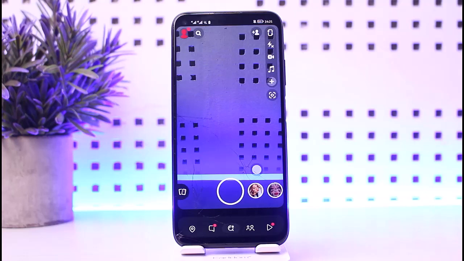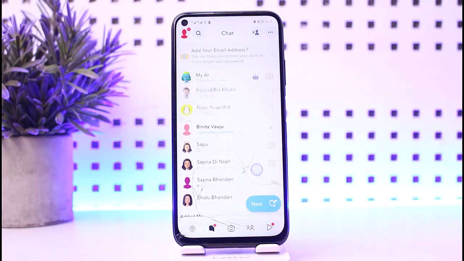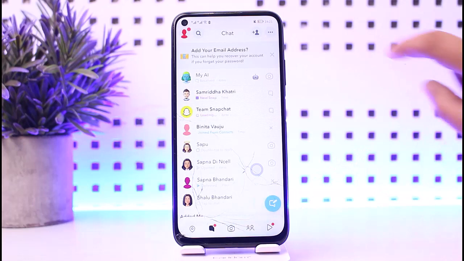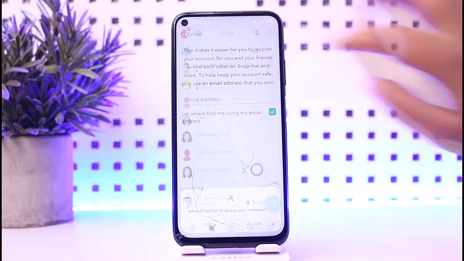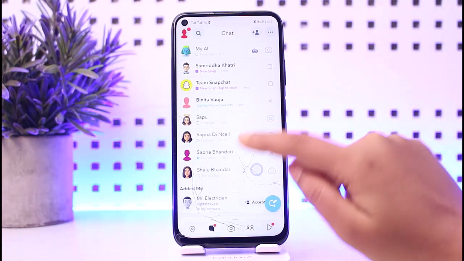For the matter, what you have to do is first of all simply access your particular Snapchat app on your mobile phone, and afterwards simply tap on this little message icon given below, right? Once you have tapped on it, you will get access to all of the messages just right over there, right? So if you want to simply delete a particular message over there, what you can do is you can simply